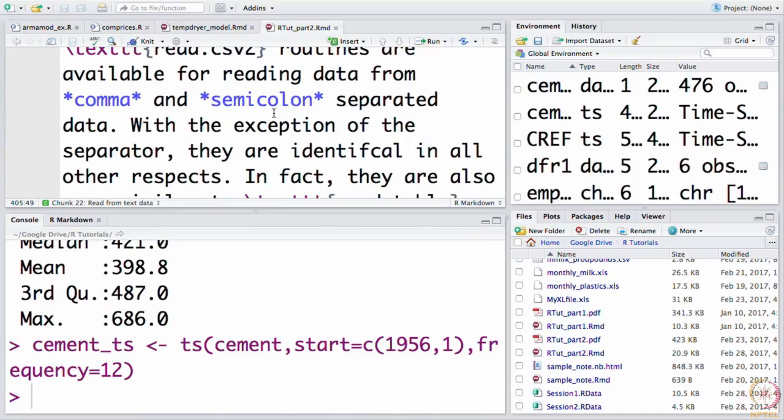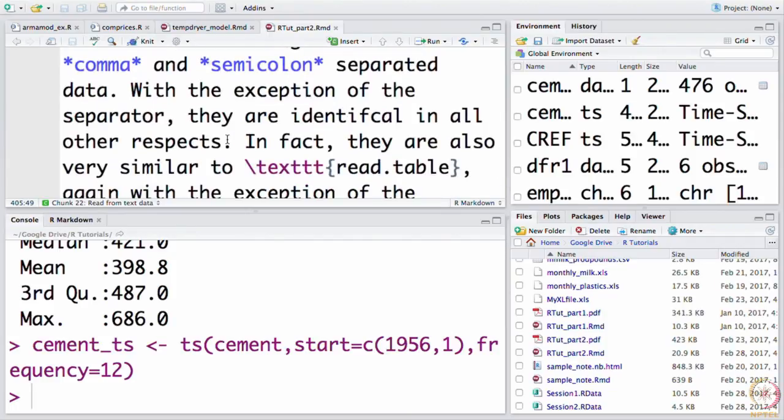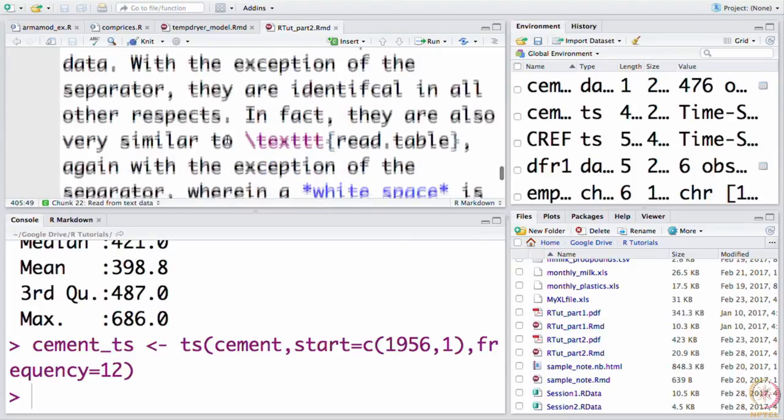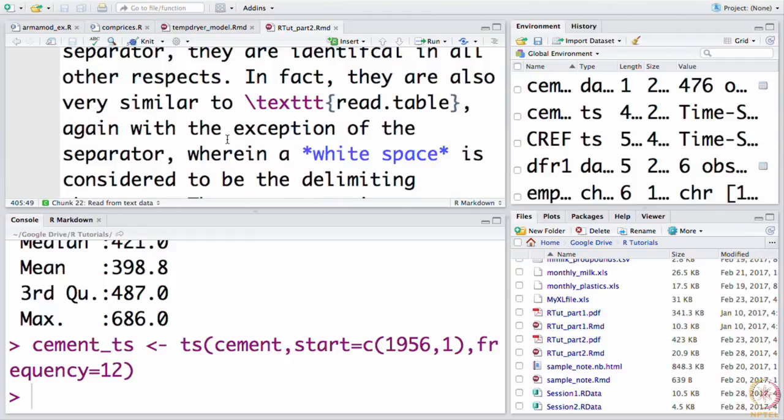Therefore, there is another routine which reads data from a semicolon separated file. In countries like that, semicolon would be used widely. Now, with the exception of the separator, they are all identical in terms of operation. And there are many other routines available that allow you to read files with different kinds of separators.